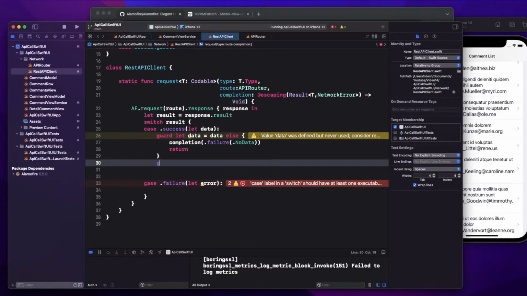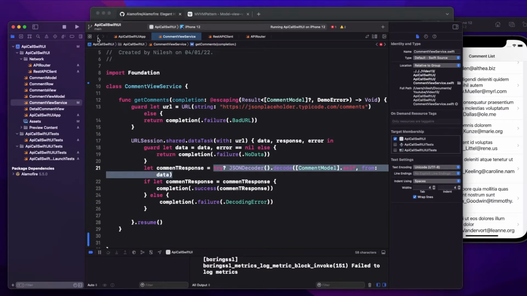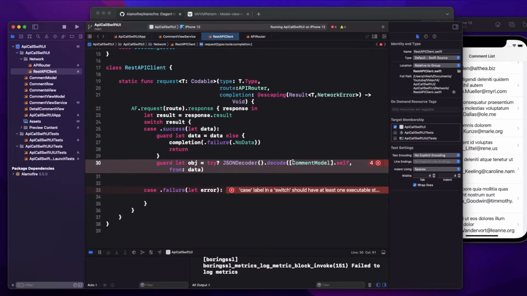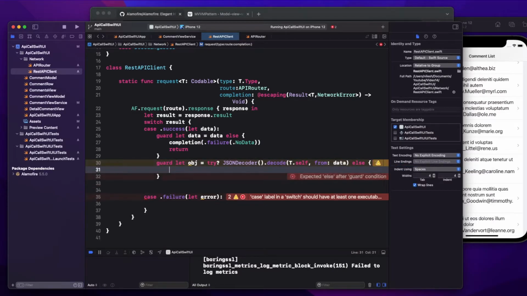If it doesn't hit this else, that means I have the proper data and I have to do the decoding. Okay, so we can do it like guard let object equals try. Even if you want, I can just copy and paste this, but this time instead of decoding it to comment model, I'll decode it to a generic object. Okay, if the decoding fails, we have to return decoding failure error.